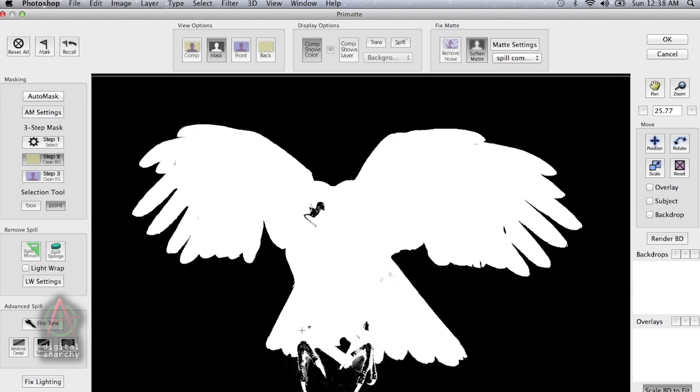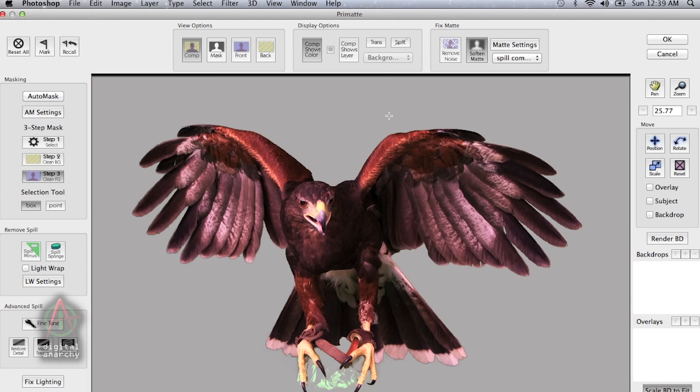So I've gotten rid of most of the perch along with some of the claws and the beak. And so I'm going to go to clean foreground, add those back in. And sometimes when you're doing this, changing to the box tool is a little bit better. You can see that we have some noise down here. And I'm going to try and use the box to get all that stuff. And so now the bird looks good, but we've introduced some more of the perch. So it's this back and forth, and trying to get all of it done in Primatte is going to be a little bit of a pain. And so it's easier just to take what we get from Primatte,